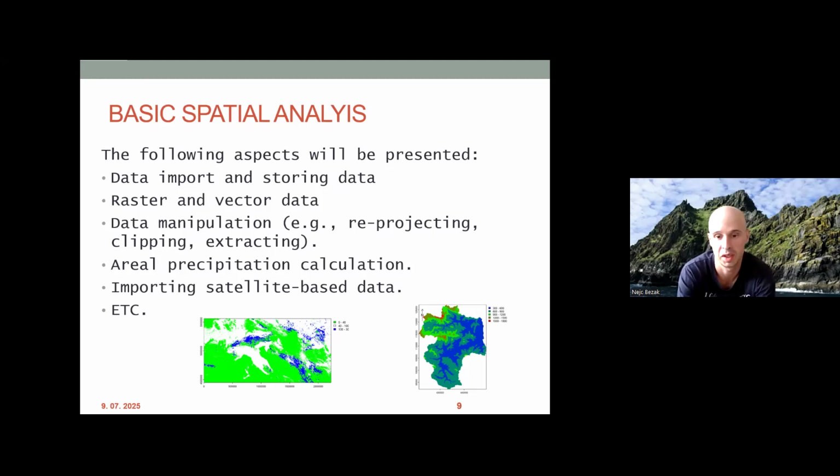And there is also an example of how you can download satellite-based rainfall data directly into R. In this example, the CMORPH satellite data set is used to import it. And I will show how you can use it and then compare it to the areal gauge data